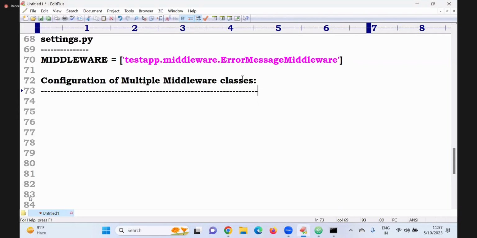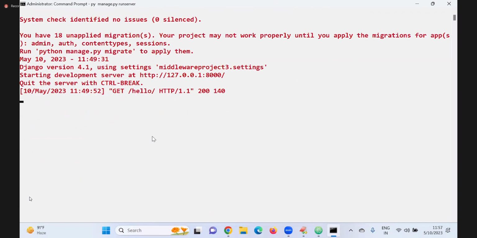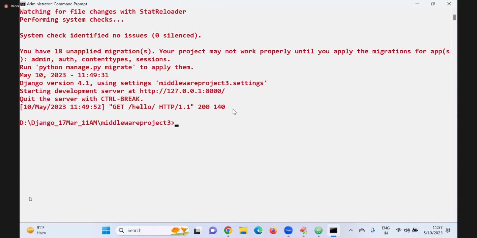Now, whenever you have to provide middleware, which middleware is working depends only on your settings. Now stop the server.